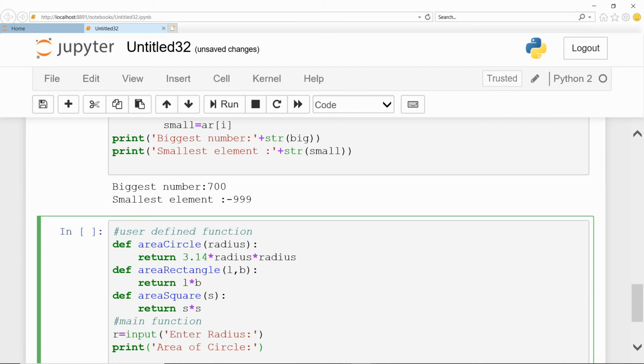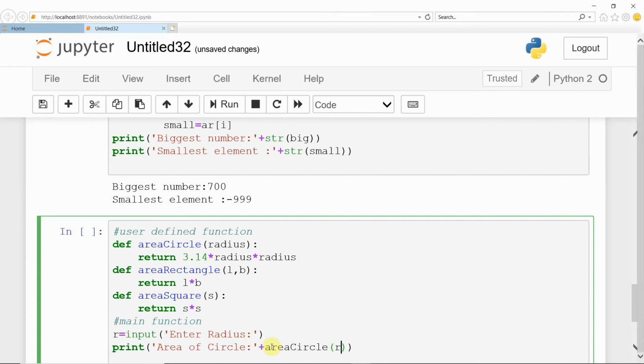The area of circle function is area_circle, and in the brackets you have to pass the radius r.